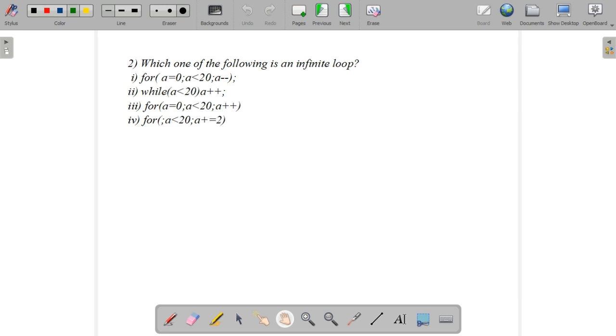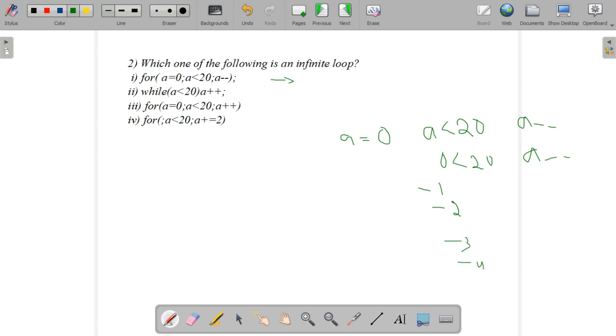So here let's see which option is the infinite one. The first one, for a equal to 0, a less than 20, and a minus minus. First of all, it initializes the value 0, 0 less than 20, yes, that is true, and after executing it, it will come here to a minus minus.